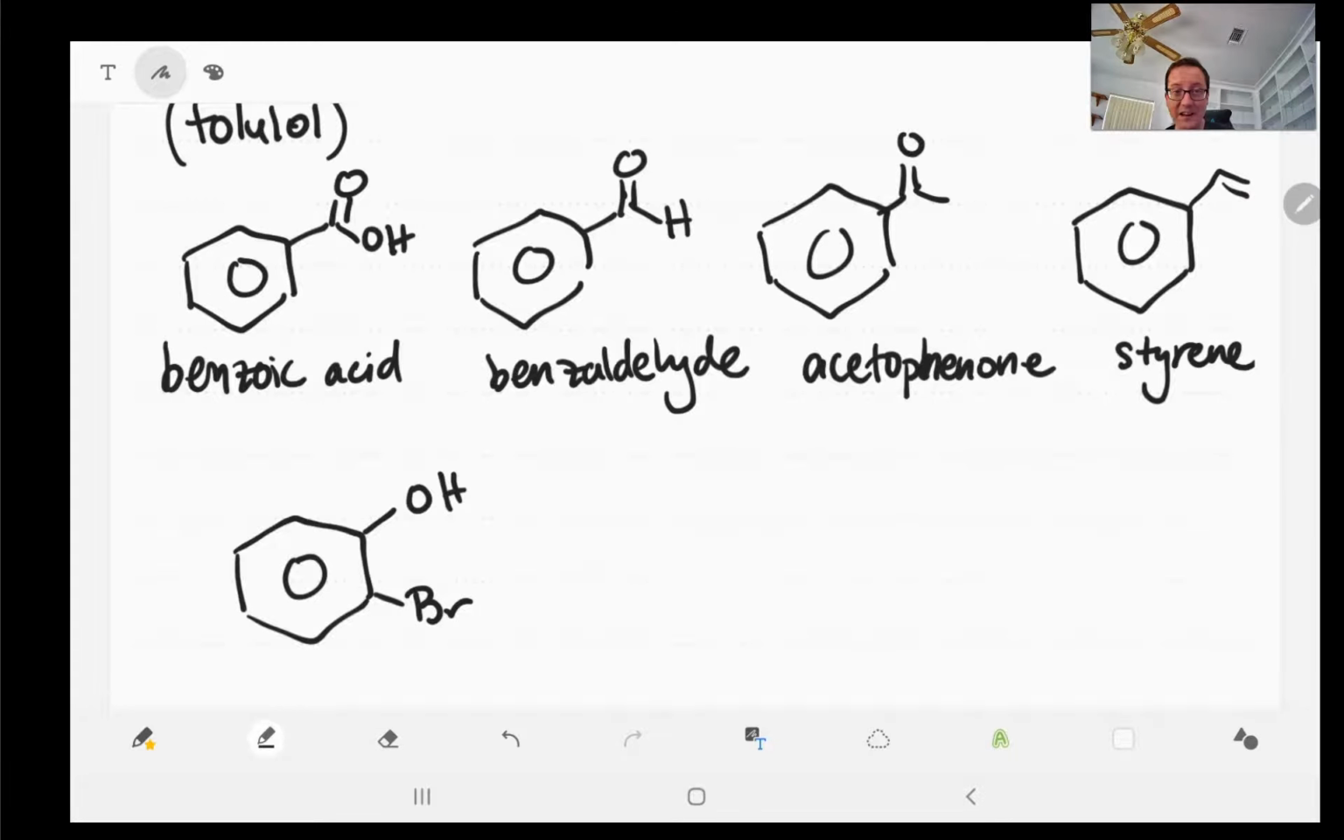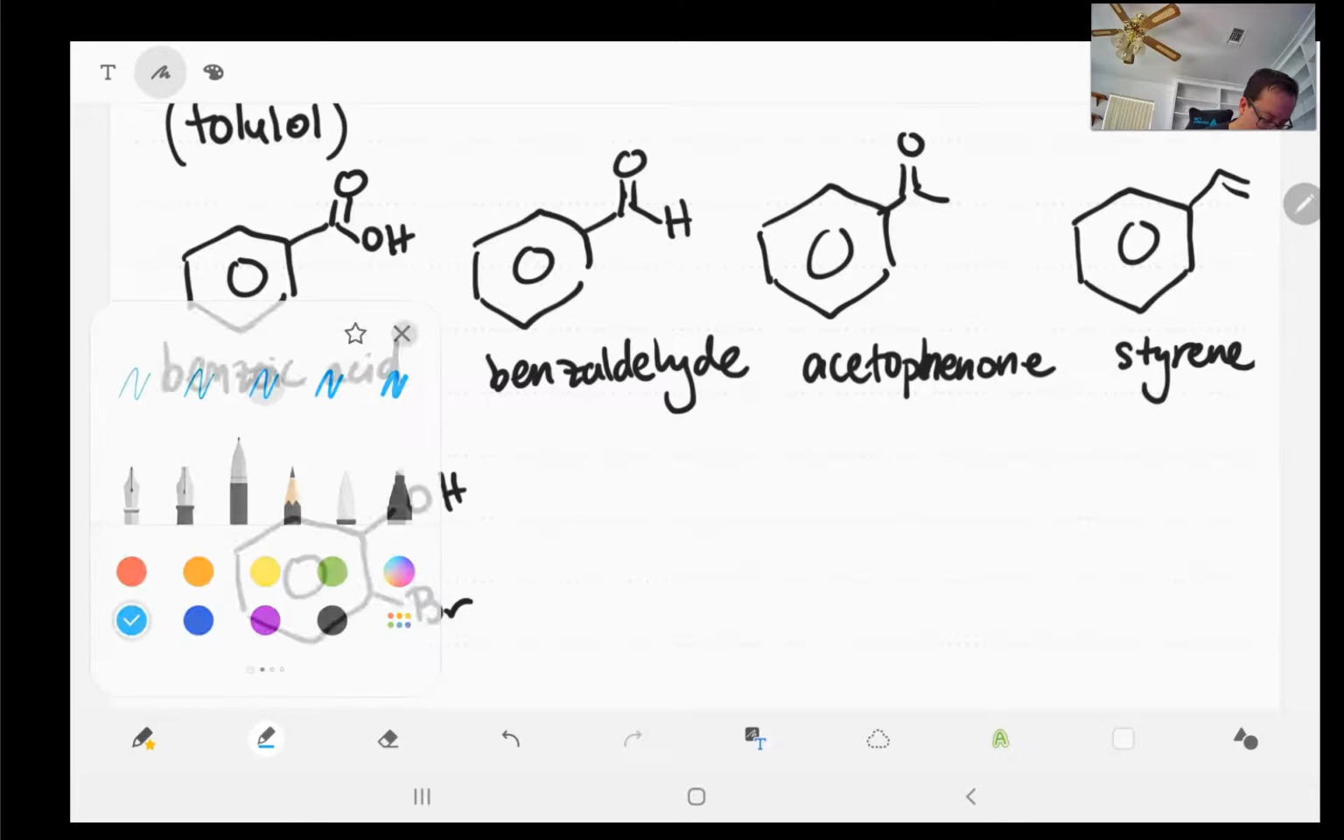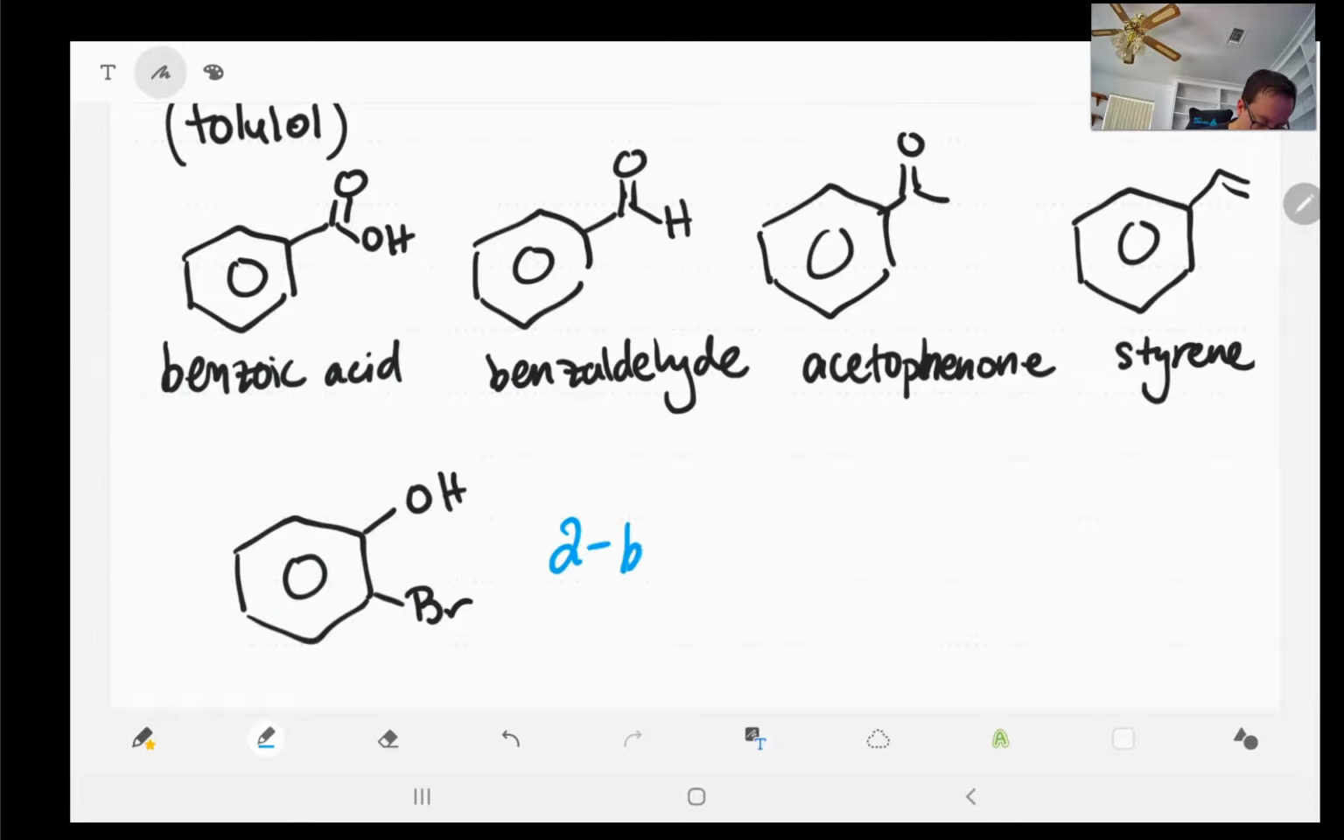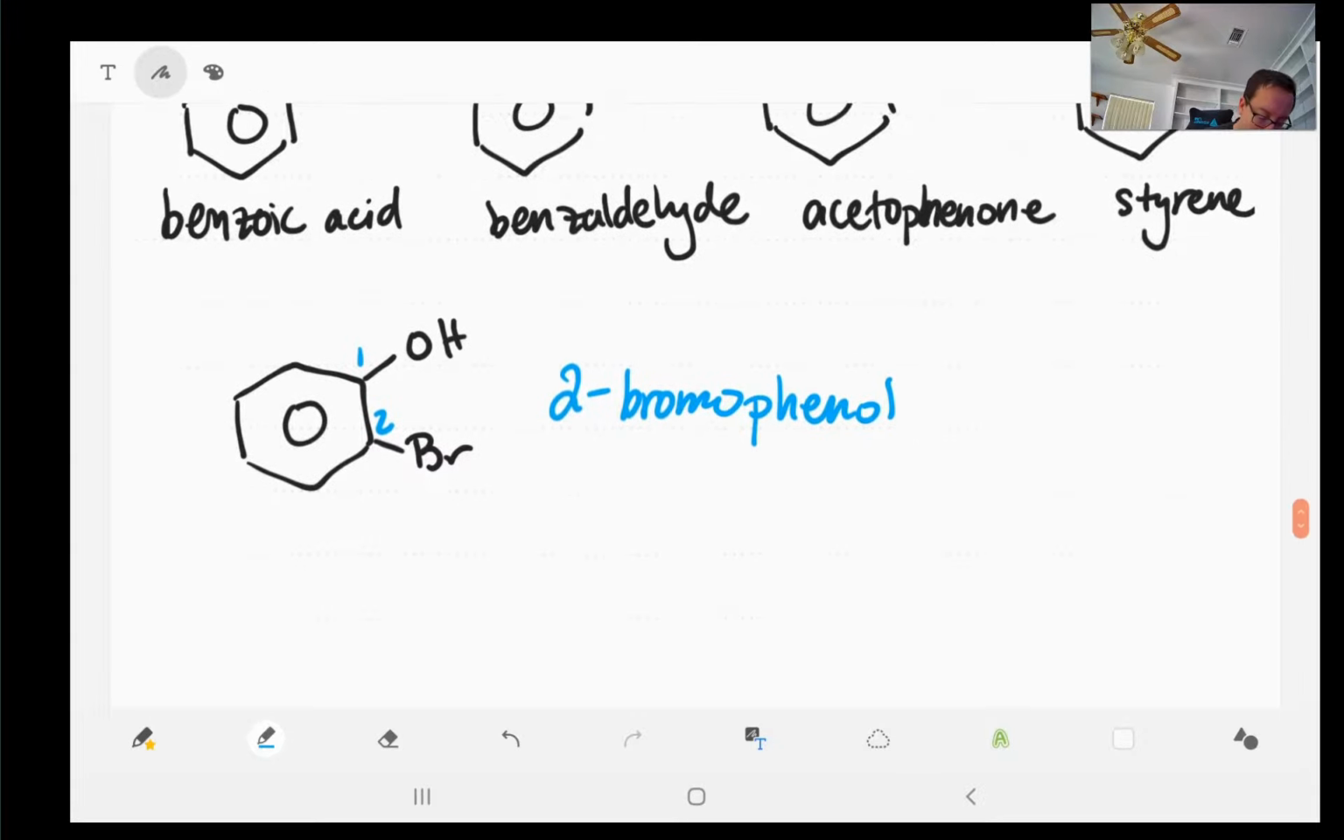With this, alcohol has the higher priority than an alkyl halide. So you will say 2-bromophenol, because you would number this 1 and 2. You could do it this way. Interestingly, we can also call this by another name, o-bromophenol, where the o